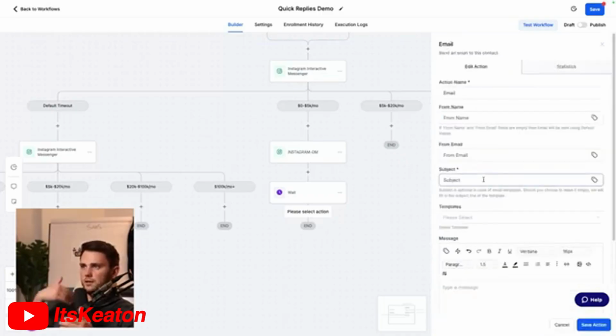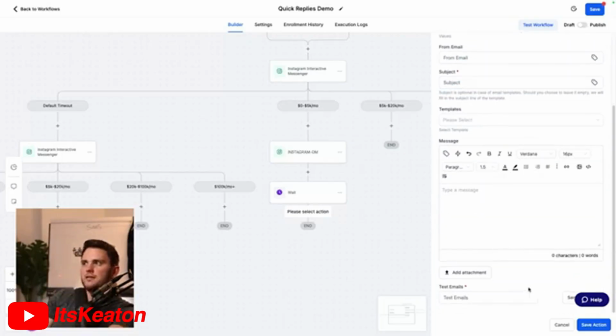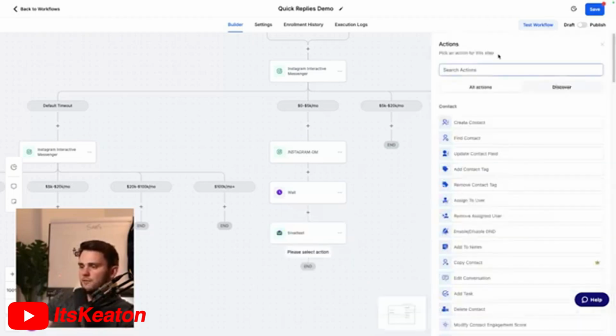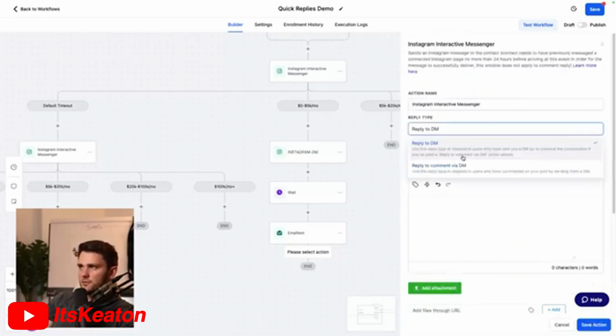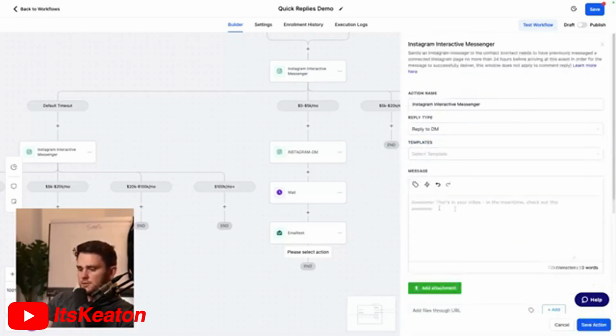And fun fact, when anybody sends their email in any conversation with HighLevel, it's going to save to their customer profile as their email. So you'll have their email in here, and then you add the attachment to the email and send it over. Say, "Here's your guide." And then after that, I can add a final Instagram interactive messenger. We'll set it as a reply to DM, and we'll say, "That's in your inbox. In the meantime, check out this awesome new YouTube video I dropped